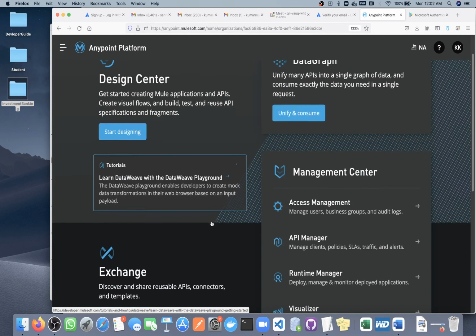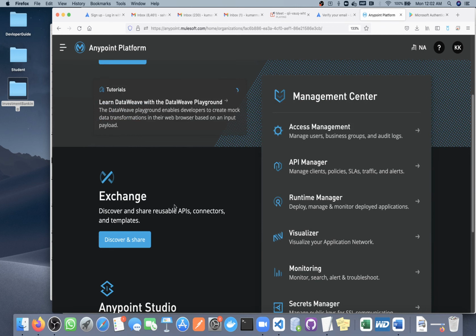Okay, next, Exchange. Similar to Confluence, similar to a Git repository, MuleSoft has its own Exchange where you can maintain all the MuleSoft resources. It's a central repository for MuleSoft.